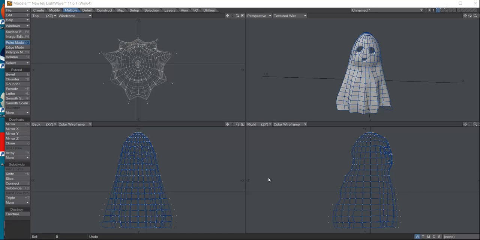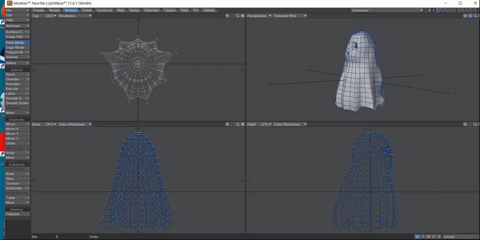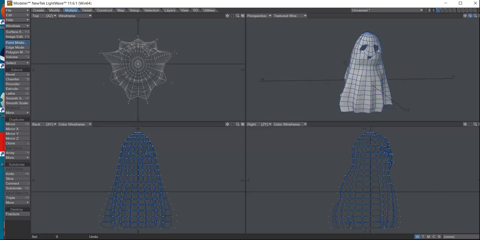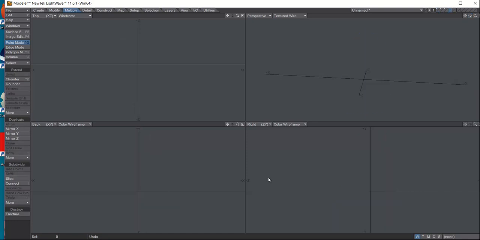We're going to do a fun and easy little project for Halloween. We're going to make a ghost. And there's a lot of different styles of ghosts. This is just one option that you can do. So we're going to start with